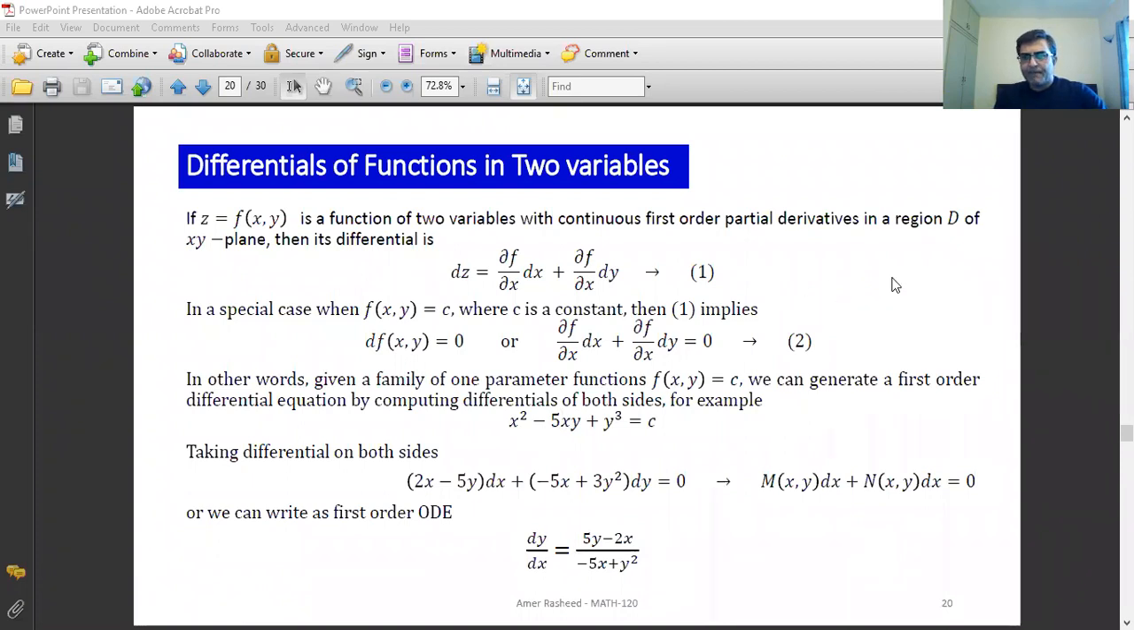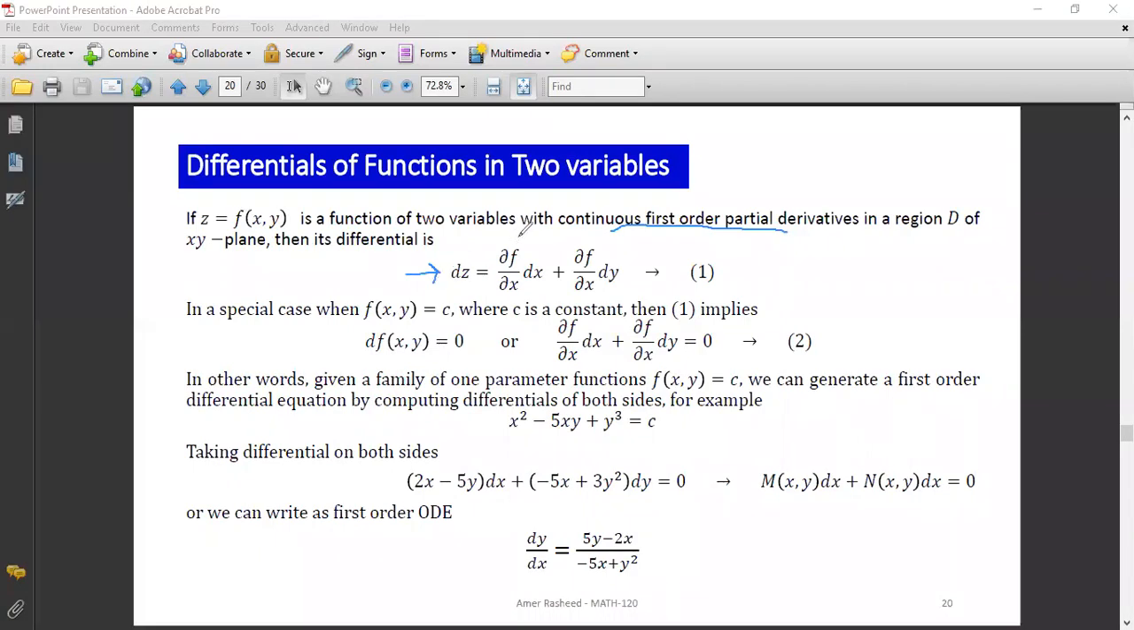What is this? You have already studied the differential for a single variable in your calculus course. Now we are going to discuss the differentials for two variables. So if we are given any function z, which is a function of two variables, x and y, with continuous first order partial derivatives, I hope you know what a partial derivative is, in the region D of the xy plane, then we can define its differential as dz is